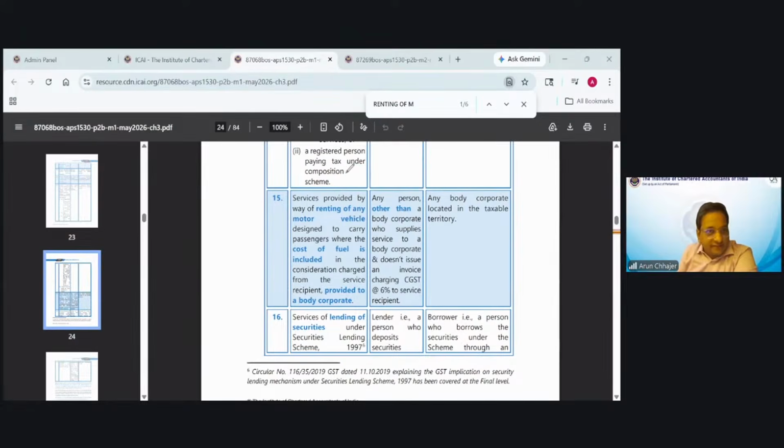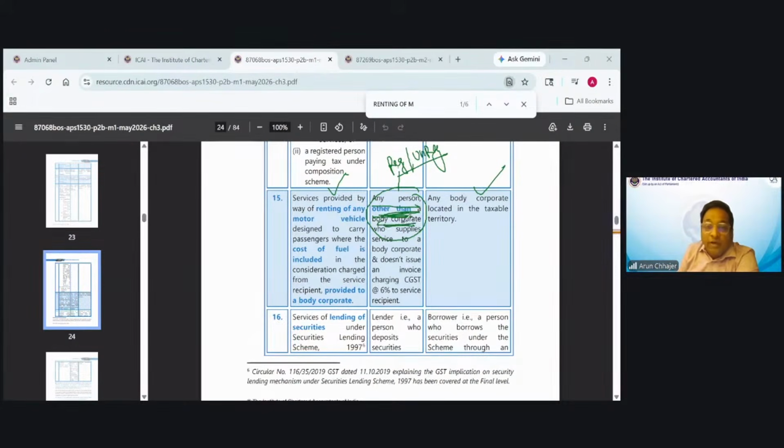So this is satisfied. This is satisfied. Now what is written? "Any person" — other than any person, meaning it includes registered and it will include unregistered. So in this given case, the supplier is unregistered, whether it will be covered, the answer is covered. But what is the problem? The problem is